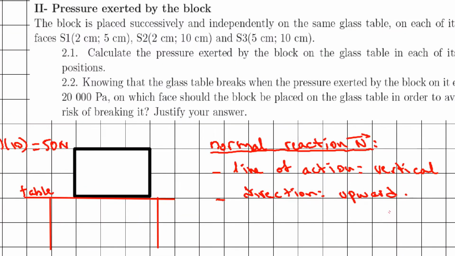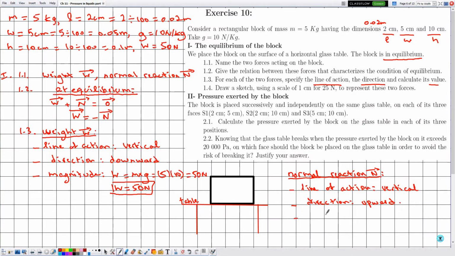And we can verify this by referring to this figure. So this is the table, and we know that the normal reaction is always perpendicular to the support. So this is perpendicular to the support like this, and as we can notice the line of action is vertical and the direction is upward. As for the magnitude,